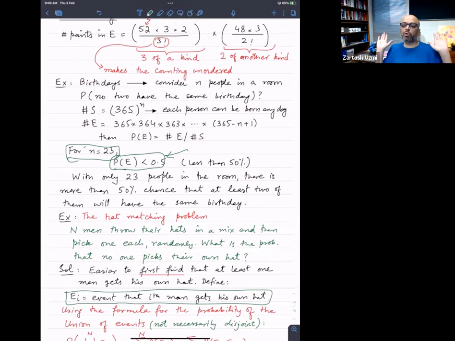सिर्फ 23 लोगों के ऊपर, और 23 से ज्यादा करेंगे तो फिर तो और भी कम हो जाती है, इतनी जल्दी कम हो जाती है। ऐसे लगता है 365 डेज हैं, सिर्फ 23 लोग हैं आपके पास, तो कोई बिग डील नहीं है, इन सबकी बर्थडे अलग अलग ही होनी चाहिए। बड़ा अनलाइकली है कि दो की बर्थडे एक जैसी हो जाए, बड़ा कम होता है ऐसा, राइट। सो 23 लोग अगर डाल दिए ना तो ये प्रोबेबिलिटी सिर्फ 0.5 से भी कम रह जाती है।